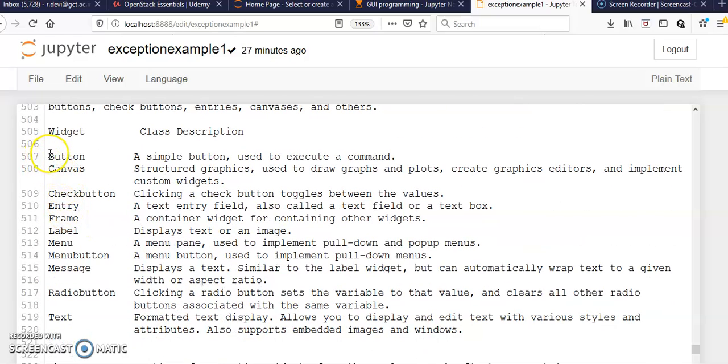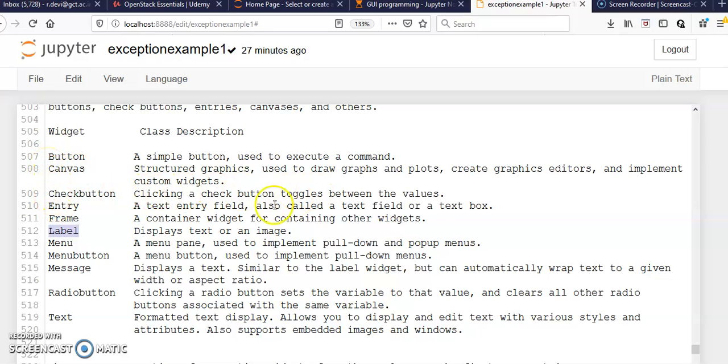Already we have seen button and label. A button is used to execute a particular command, and a label is to display text or an image. Canvas is a structured graphics widget used to draw graphs and plots, create graphics editors and implement custom widgets. This canvas we will see as a separate topic.